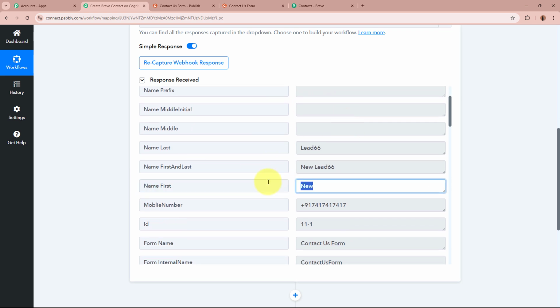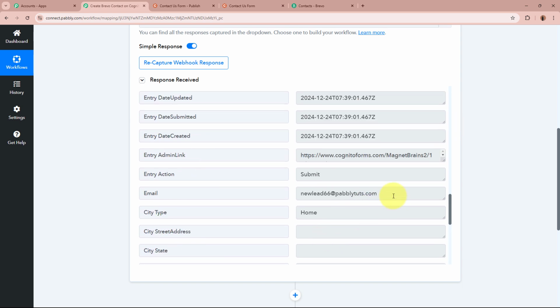The first name comes over here as new. The last name comes as lead66. For the phone number, this is a dummy mobile number. This is the form name, that is the contact us form. If I scroll down further, over here, you can see the email